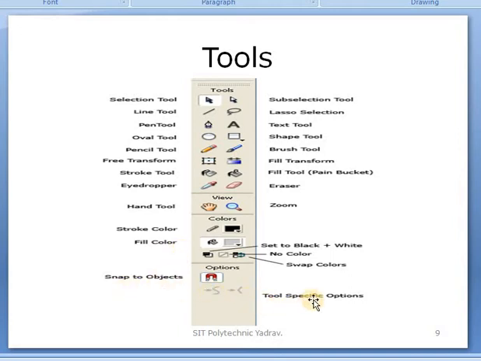Okay, these are set to black and white, no color, swap color. After that, tool specific options. These are the tools available in Adobe Flash software. These are also used when we conduct the practical on 2D animation. At that time I will demonstrate, but in the theory part it is only to make clear the use of the tools.